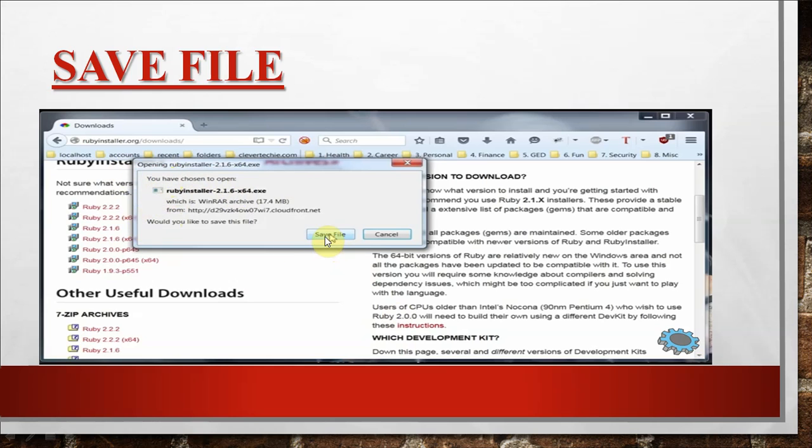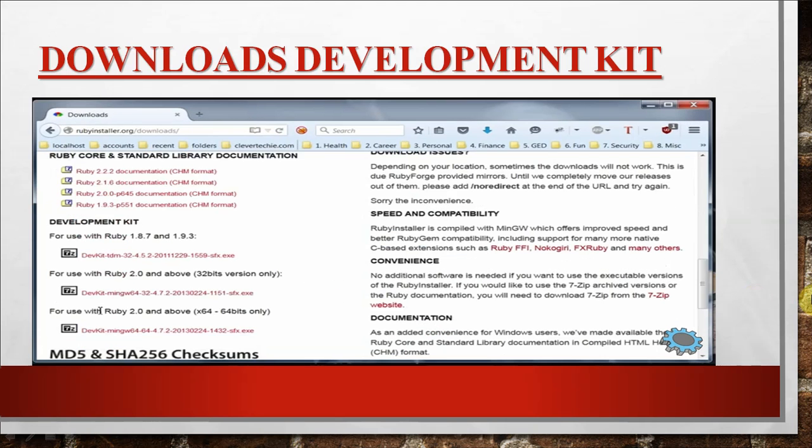You can save it and it will be saved on your Windows. It's very small software, and you can easily download it, and the exe file of this software is rubyinstaller-2.1.6-x64.exe. You will have this file, and you can see it on your Windows.